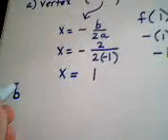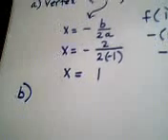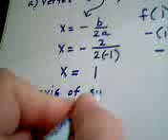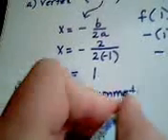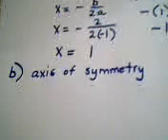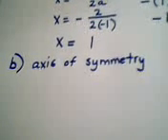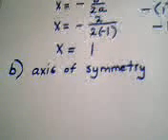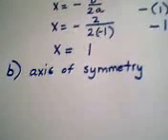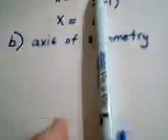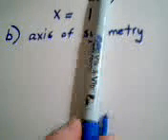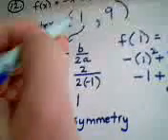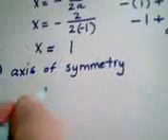Part B of the question asks us to state the axis of symmetry. Now, the axis of symmetry of a parabola that's a function is the vertical line that goes directly through the vertex. Well, the vertical line that goes through the vertex, okay, if I have a vertical line, any vertical line as its equation has the letter x in it. X equals, and in this case, the x-coordinate of the vertex is 1, so the axis of symmetry is x